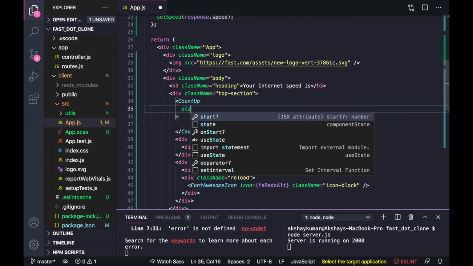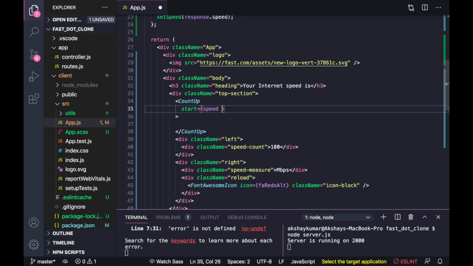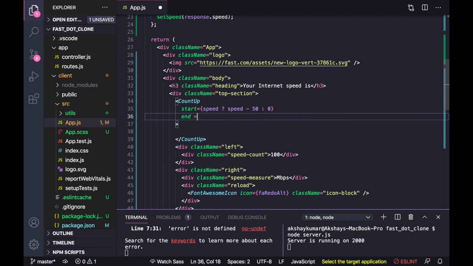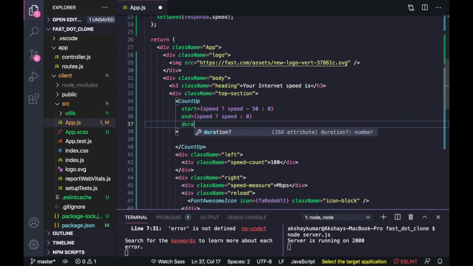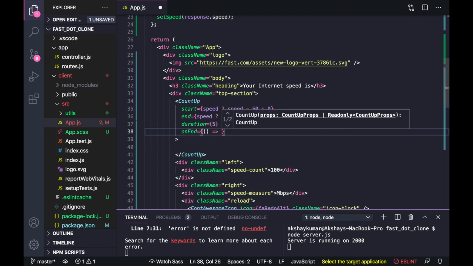Start equal to, if speed is there then speed minus 50, else 0. Then end equal to, if speed is not undefined then we will pass speed, else 0. Duration equal to 5, then we will pass the onEnd method. Here we will write console.log end.